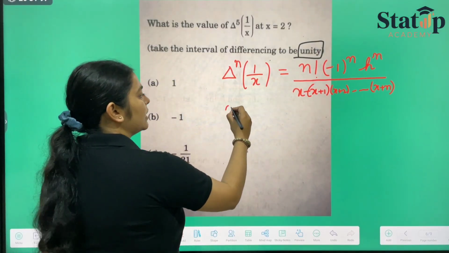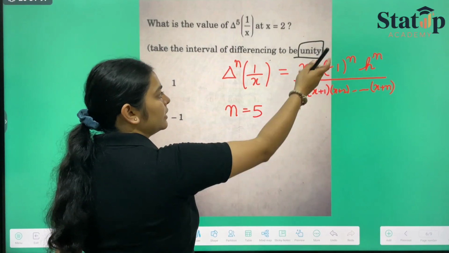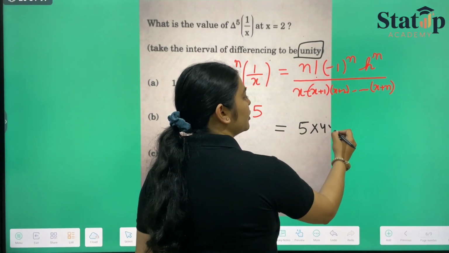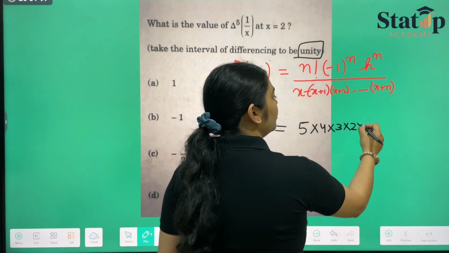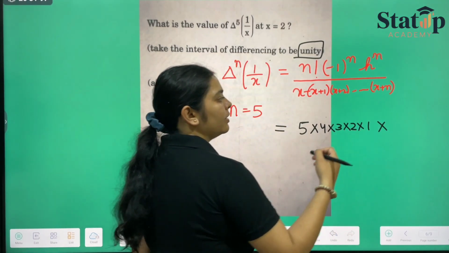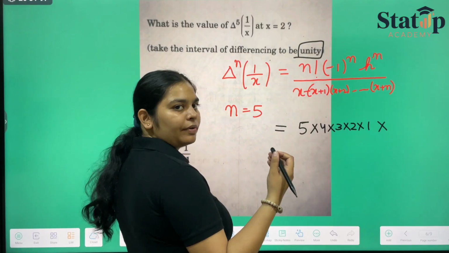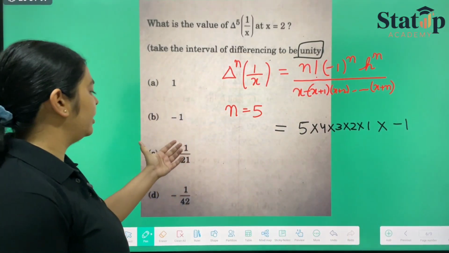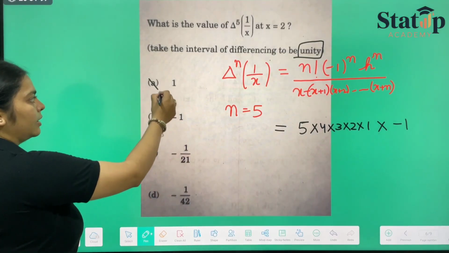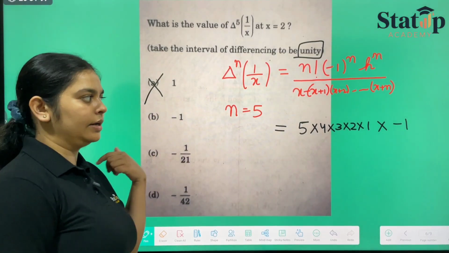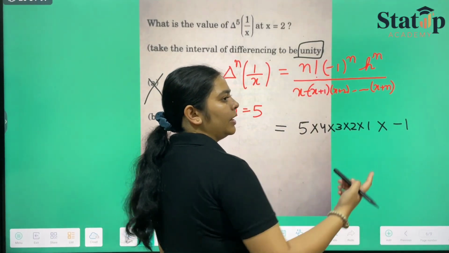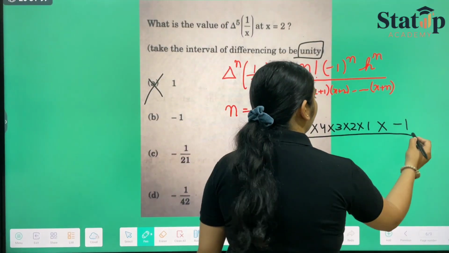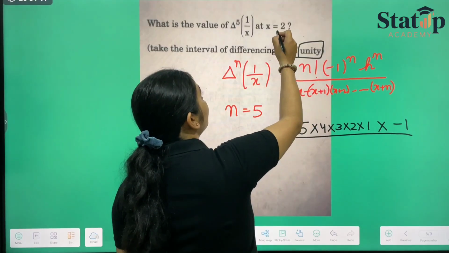Now here n is nothing but equal to 5. So putting the 5 in place of this will be 5 factorial, which will be 5 into 4 into 3 into 2 into 1. And minus 1 raised to the power n, which is 5, which is odd, will be minus 1 only. So our answer will be in minus, but all these three terms are in minus, a is not, so this is eliminated. Now h raised to the power n, which is 1 raised to the power 5, will be 1 only, upon x. X here has been given as